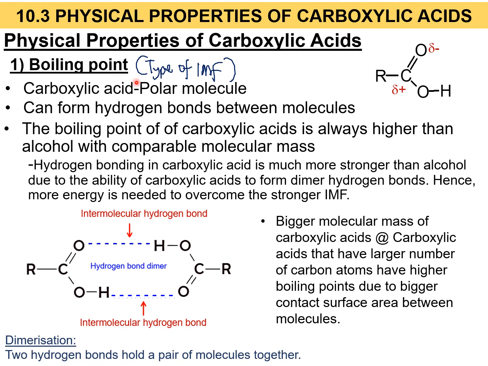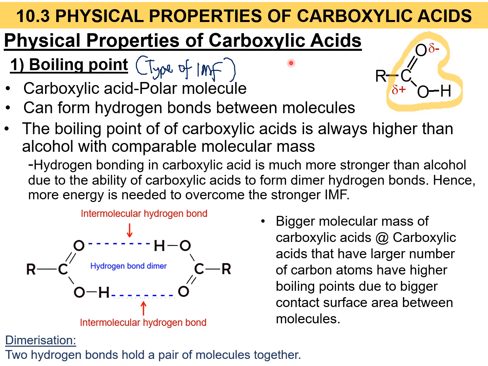Okay, so kita tengoklah contohnya you ada organic compound yang di mana dia ada functional group carboxylic acid ni ialah C double bond OOH. So we are going to focus at the functional group carboxylic acid ni, C double bond OOH. Okay, di mana kita tahu dekat this functional group carboxylic acids ni, mereka adalah polar molecule. How do you know it is a polar molecule? Because there is a difference in the electronegativity between carbon, oxygen, hydrogen. Okay, sebab oxygen is more electronegative compared to carbon and hydrogen. So it's a polar molecule.